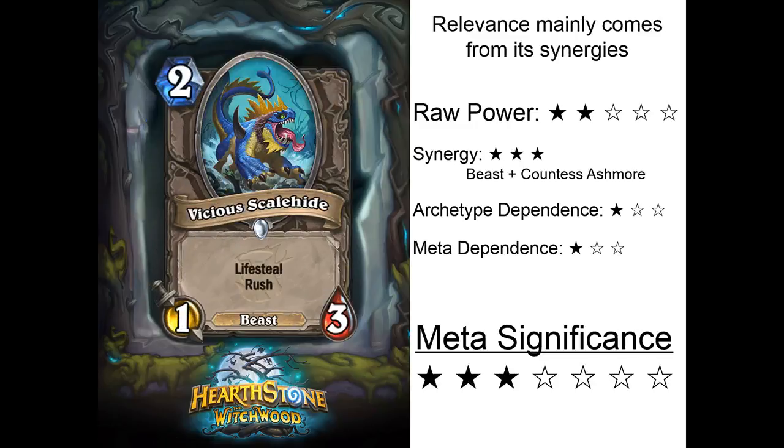Vicious Scalehide. Not a particularly powerful creature in a vacuum, but the fact that it has Lifesteal and Rush, which are both keywords for Countess Ashmore, which we'll see later, and is a beast, means there's potentially a lot of synergy with this card. I think it's easier for neutral cards to have meta significance, which is why this is getting up to 3 stars, even though it isn't really that powerful a card, because they can fit in every deck